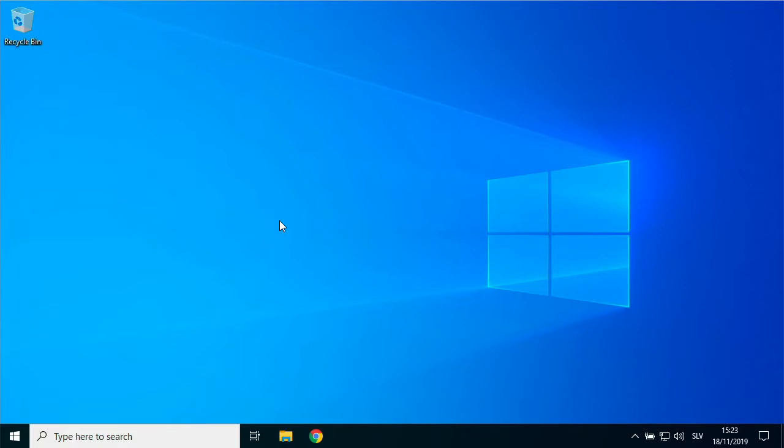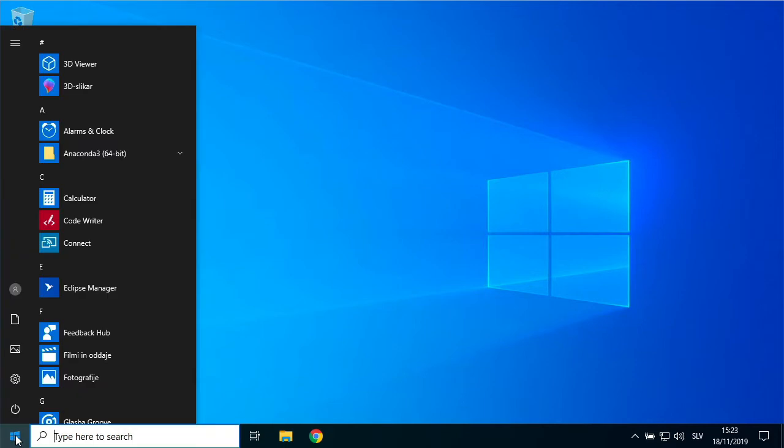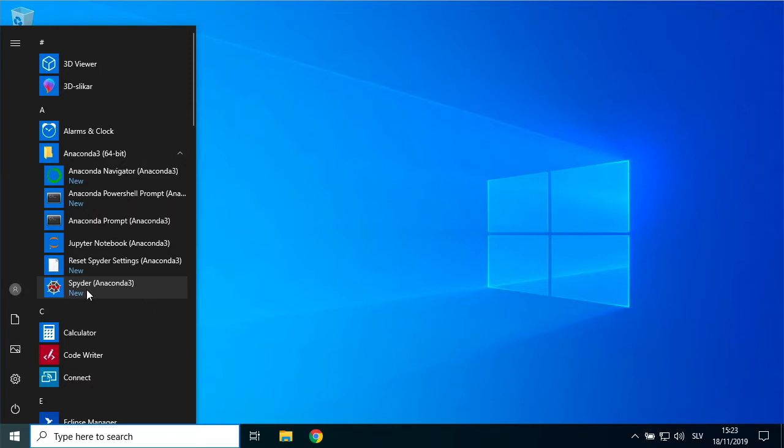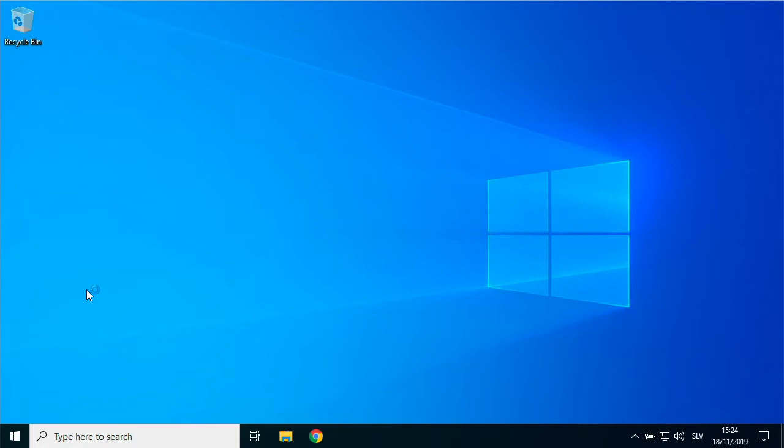Okay, so if you followed the previous video, we now have a working Python environment. And we actually have a Python editor that is part of the Anaconda distribution available for us. It's called Spyder. I'm not really recommending that you use Spyder for Python development, but I think it's appropriate just to run it once and see how it works, just to get a feel of what Python as a programming language, together with all the available